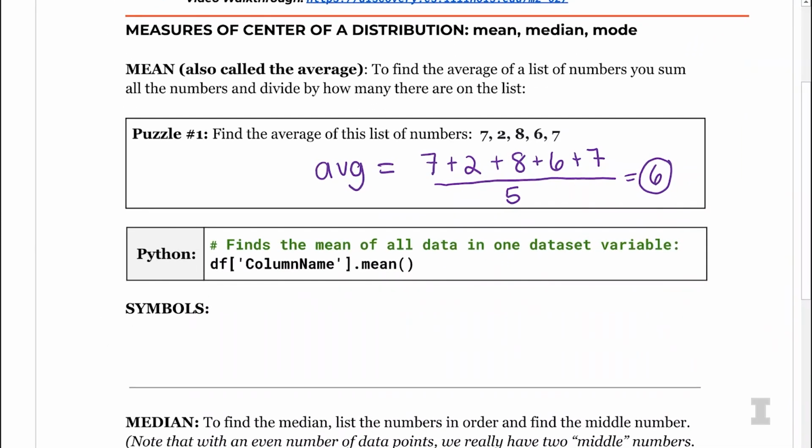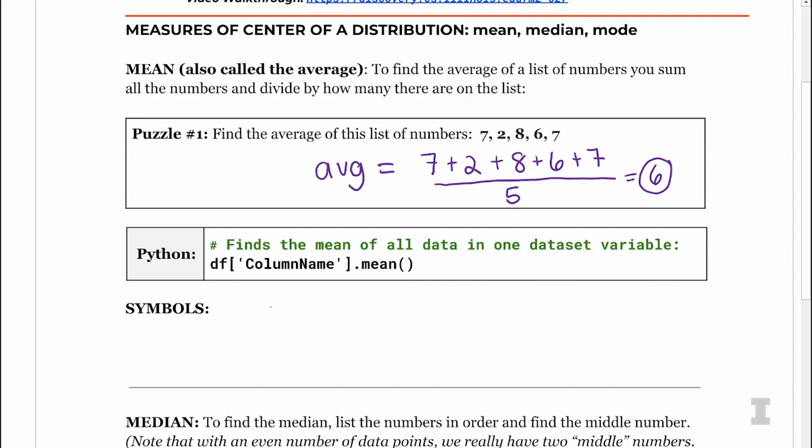So Wade, you've told me that you actually use a symbol for the mean, right? Yeah, so we always represent the mean, especially when we're writing for research papers and other purposes, as the Greek letter mu. So in statistics, we actually use mu as well. And specifically, we use mu to represent the population mean. So if you are dealing with an entire population and you know the mean, we would call that mu.